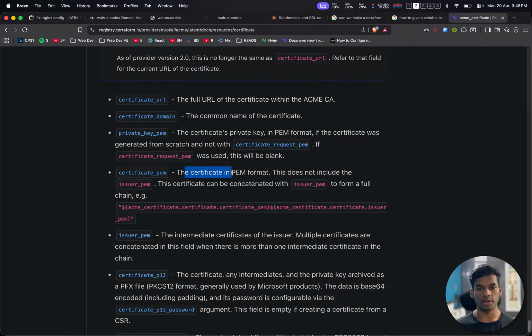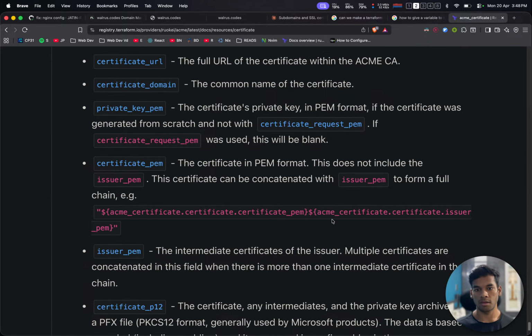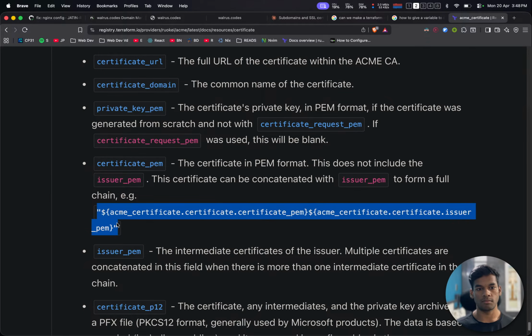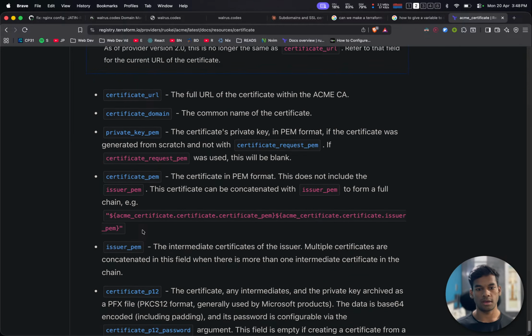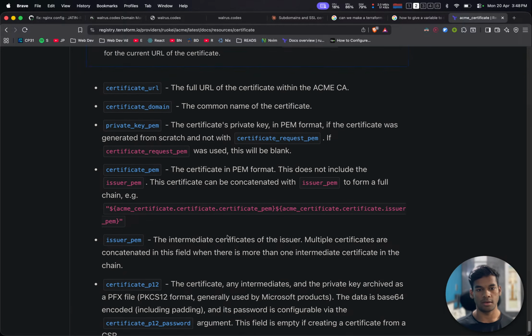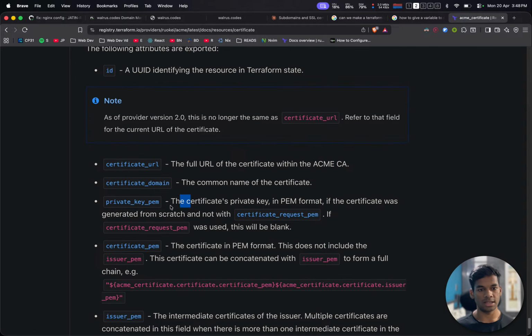And certificate PEM, the certificate in PEM format. This does not include the issuer PEM. This certificate can be concatenated with it to form a full chain. Okay, so I think we have to export this private key PEM,